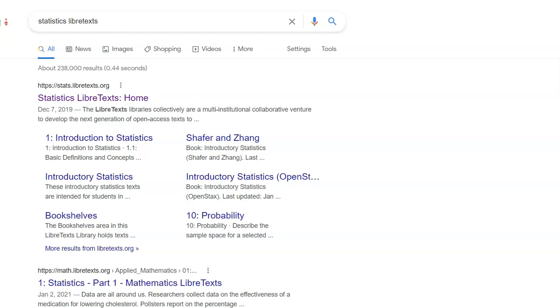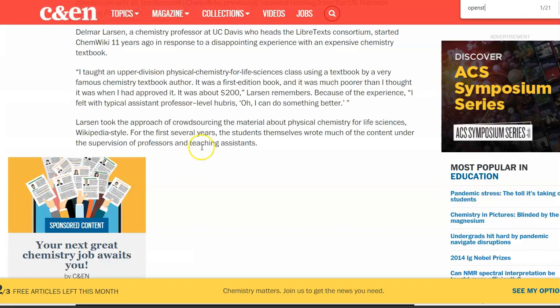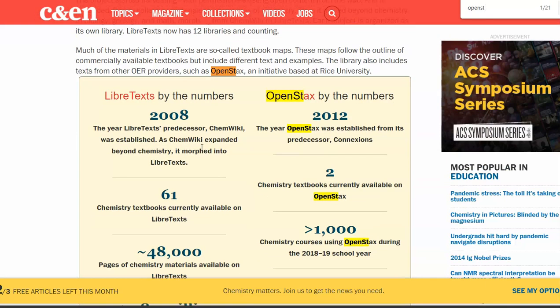So right here, I just Googled statistics LibreText. LibreText is something I've been seeing the sciences using, and the ones I saw were accessible, so it took me straight there. When you click on this home screen for LibreText, my understanding is LibreText has been around longer than, say, OpenStax. I found this other website, just to give you a little background here, that was talking about